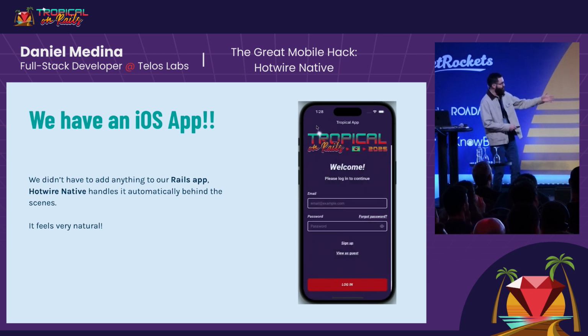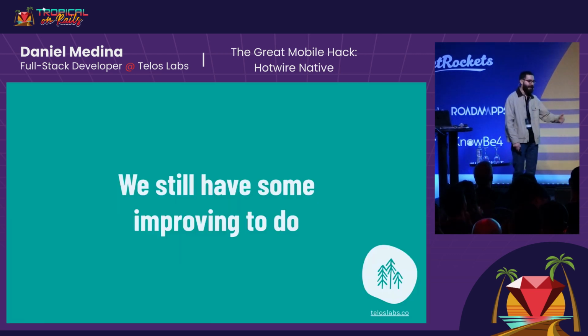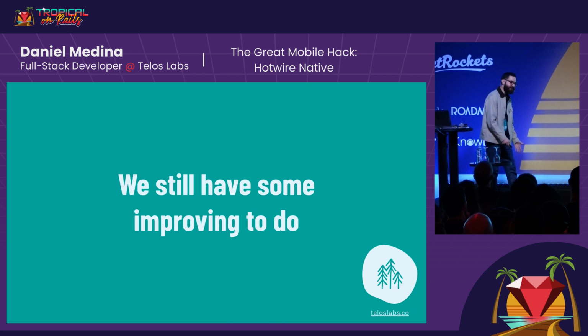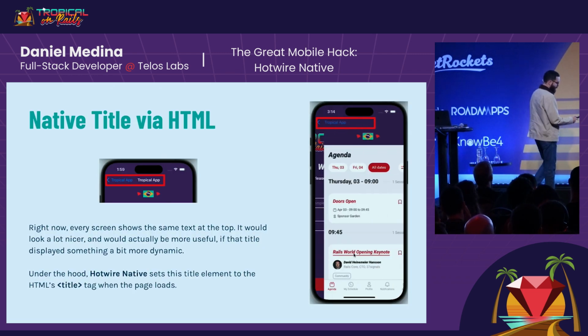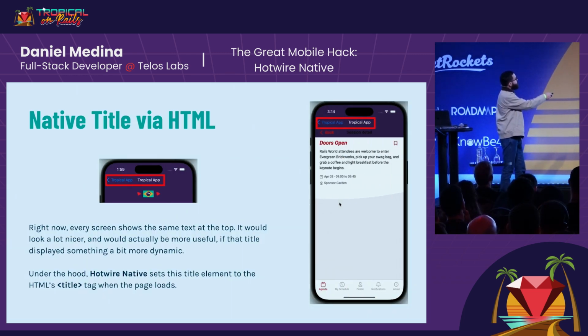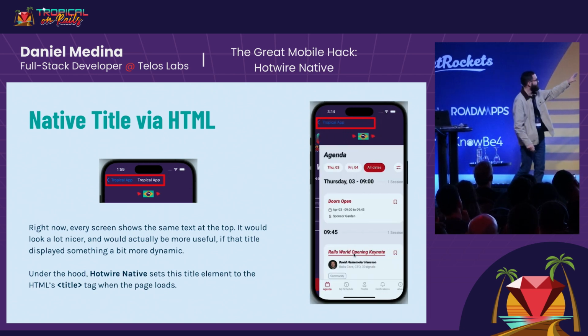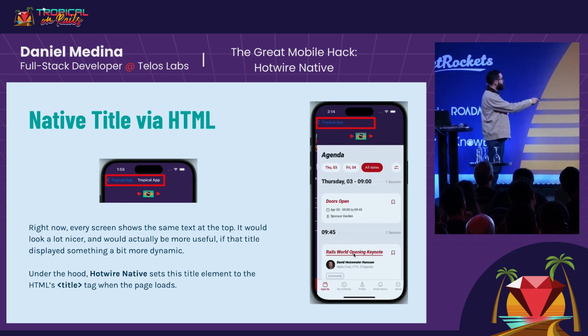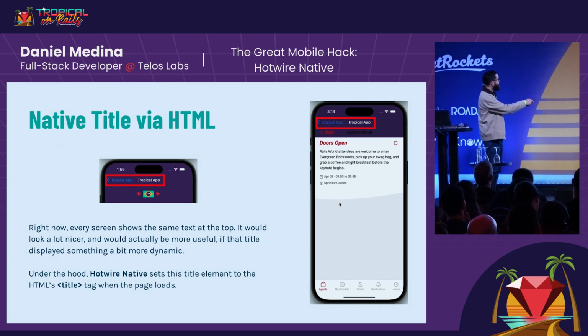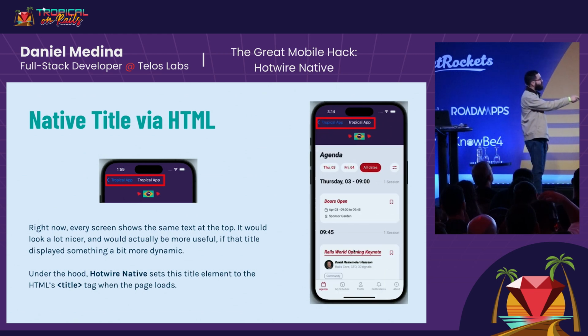Even though it looks like we already have the app ready, we still have some little improvements to do. I want to clarify this: everything above the Brazilian flag is 100% native. As we can see, every single view is now getting duplicated, the title Tropical App, go back to Tropical App, as we can also see in that GIF.